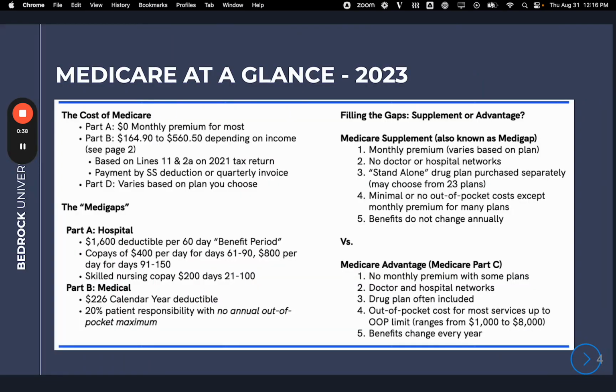Here you'll see our form, which we call Medicare at a Glance for 2023. On the left side, upper portion, you'll see the cost of Medicare. It's a great idea to follow along while you're speaking with your client to make sure you're covering these important